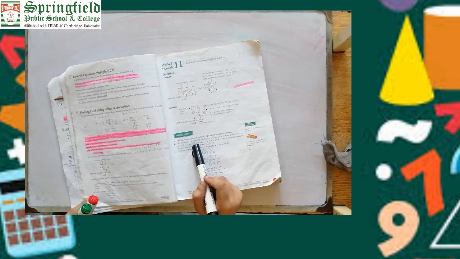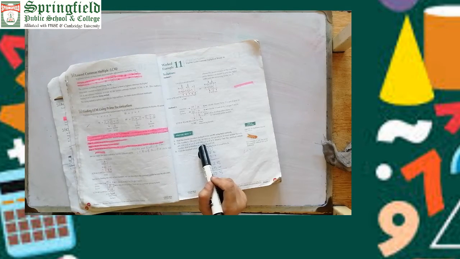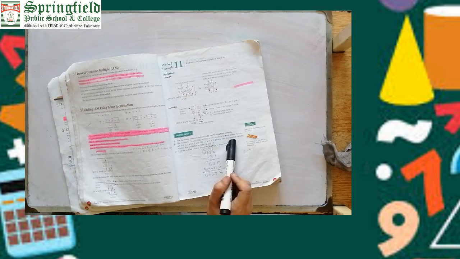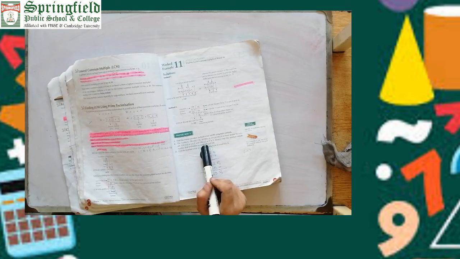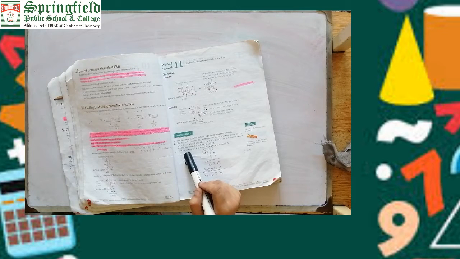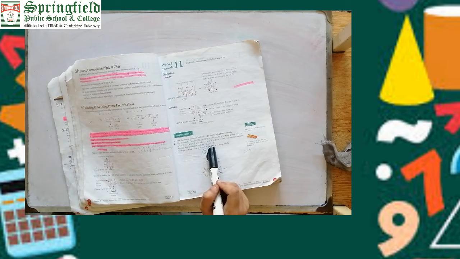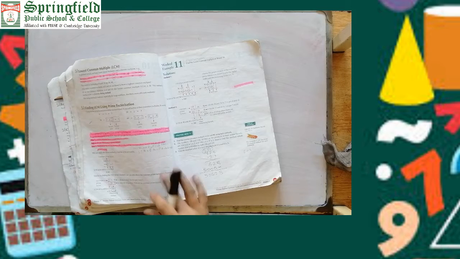The numbers 120 and 126 written as the product of their prime factors are given. These are the factors of 120 and 126. So hence find the smallest whole number. Smallest means least, means lowest, means LCM. Fine, they have the same meaning. Smallest whole number that is divisible by both 120 and 126. It means they are asking about the LCM. So the factors are given. Then how can we find the LCM? Okay.